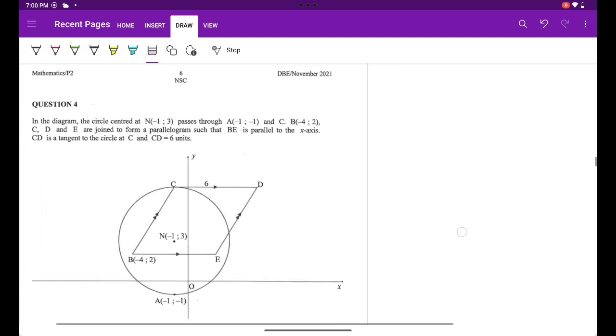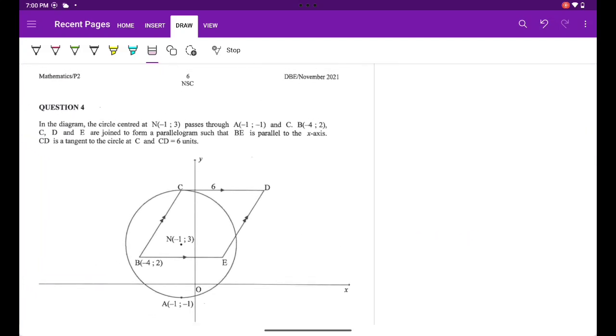We are going to look at the question paper, November 2021. So question 4, November 2021. It's an analytical geometry question. In the diagram, the circle centered at N with the coordinates -1 and 3,